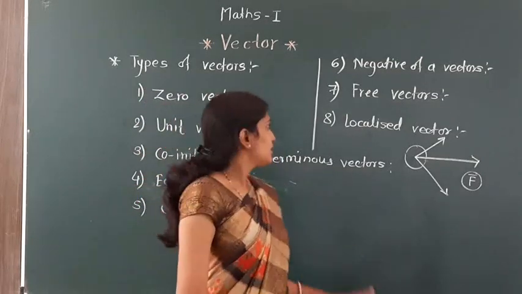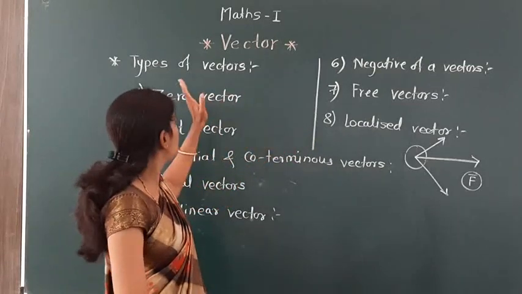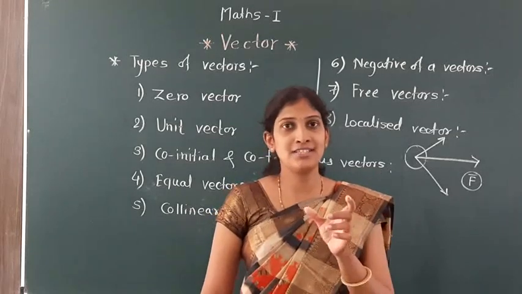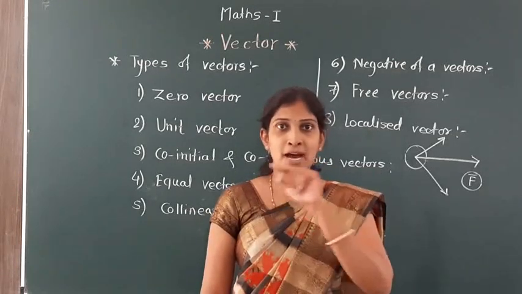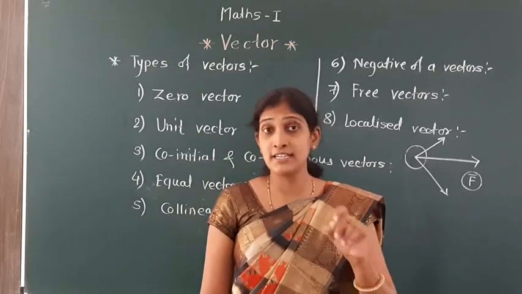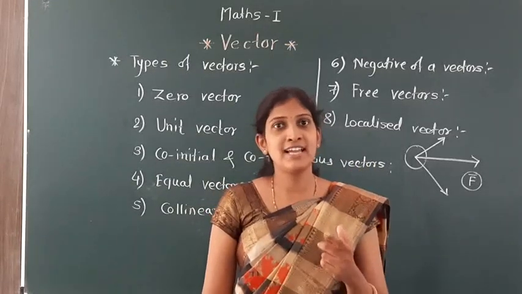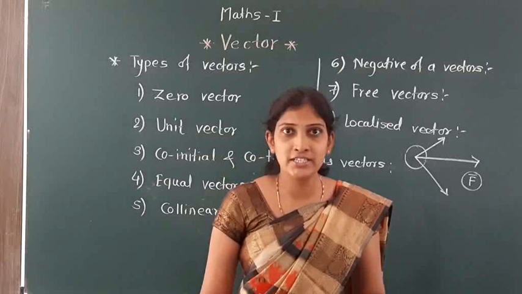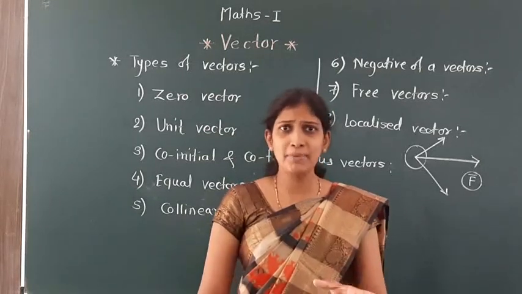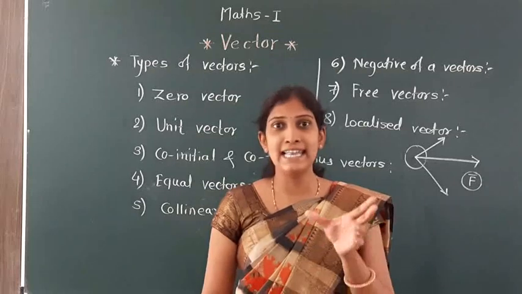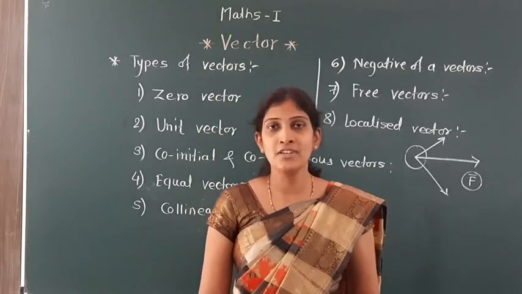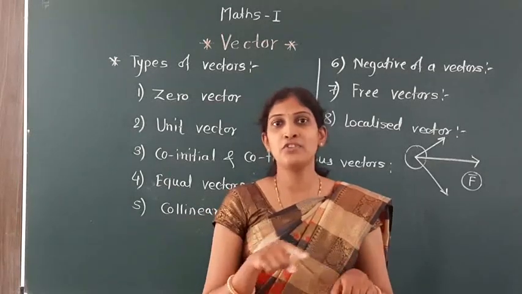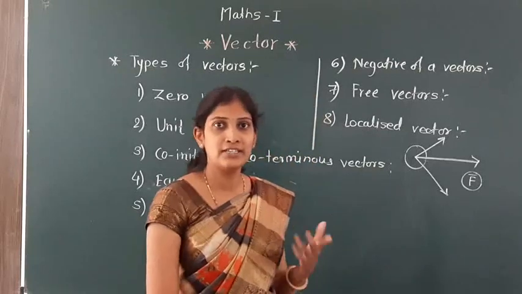So in this lecture we studied the following. First is the representation of a vector, how we represent a vector. Suppose there is a vector AB, we write a bar on that AB, that is AB bar. This is the representation of a vector. A vector has a magnitude and direction. Next we saw the magnitude of a vector. Suppose there is a vector AB bar, its magnitude means its length or its distance. The magnitude of AB bar, mod of AB bar, is the magnitude of that vector.